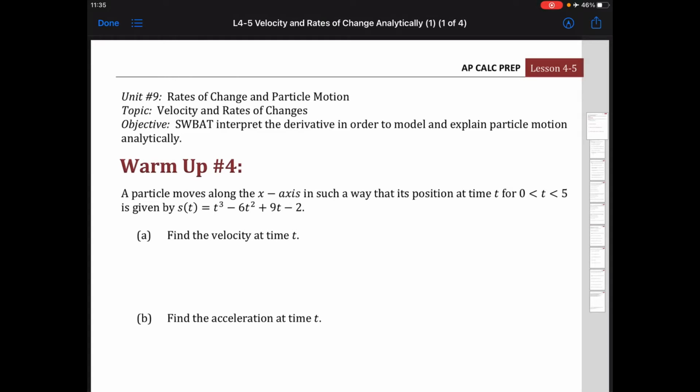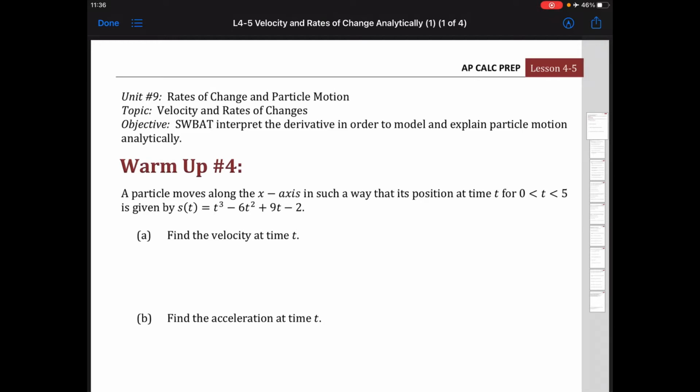So part A, again, our vocab we have to be really good with it. You must understand what the question is saying. Always look for the justification, and that will help you find the answer. The velocity at time t. So again, we are given a position equation, and we want to determine what is the relationship between velocity and